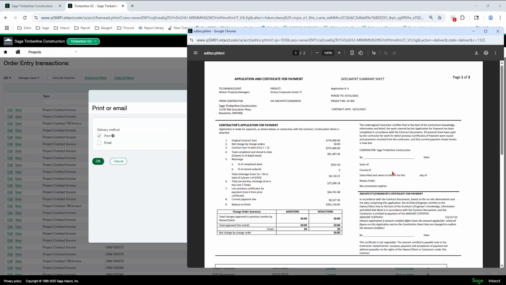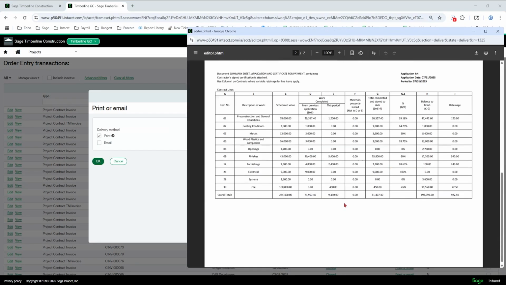And now I have my amounts plus my 450 fee at the bottom for my 9,450 this period. Okay, so that's how you do that scenario, putting the fee at the bottom, having the AIA pre-fill in for you the costs on the other lines.